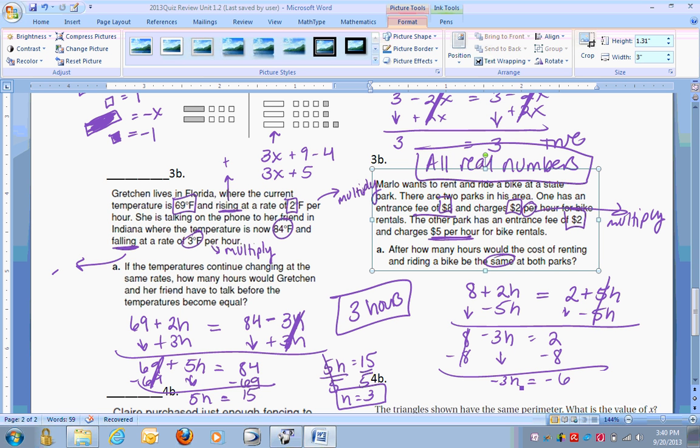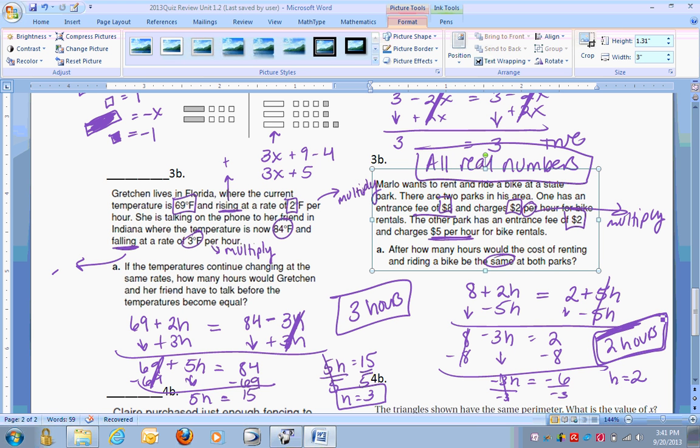Okay, so now the last thing we need to do to get h by itself is divide by negative 3. So h equals negative 6 divided by negative 3, which is positive 2. A negative divided by a negative is a positive. So it's going to be 2 hours of renting the bike for the companies to cost